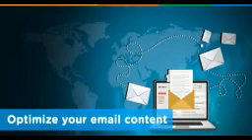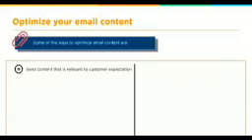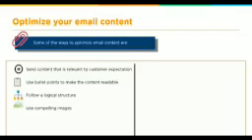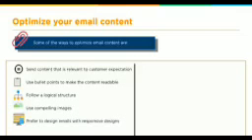So let's talk about optimizing your email content. So we focused a lot on subject lines. Let's talk about the email content itself. So some ways to optimize email content are, we want to send the content that is relevant to customer expectations. So content needs to match that expectation. We want to use bullet points to make the content readable. We want to follow logical structure. We want to use compelling imagery, and prefer design emails with responsive designs.